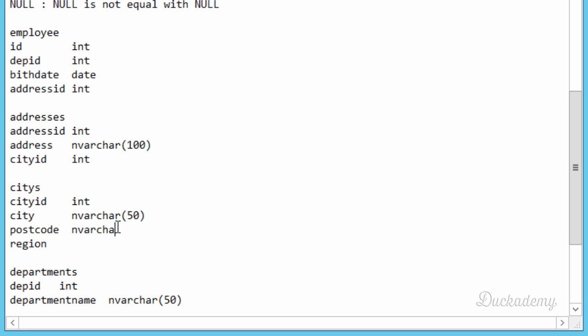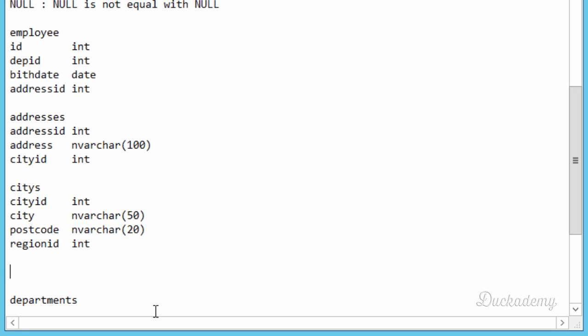And let it be some nvarchar, for example, 20 characters long. That's most probably enough for any postcode. And then you want to write here some region. Again, the same problem. Most probably there are many cities in one region, so it doesn't work to write here the region name itself, because there will be again repetitions in the data and so on. That's why we write here some region ID, and it will be some integer type data,